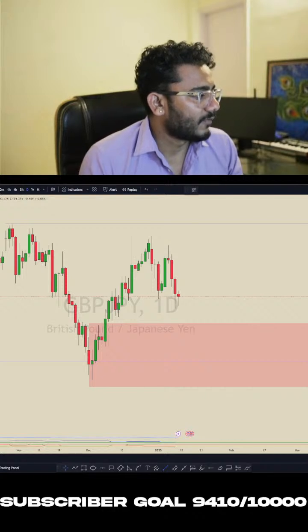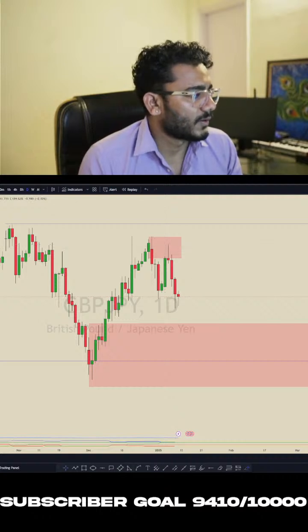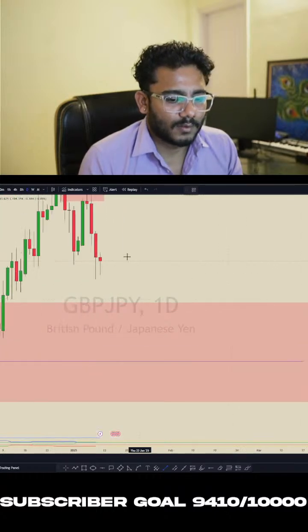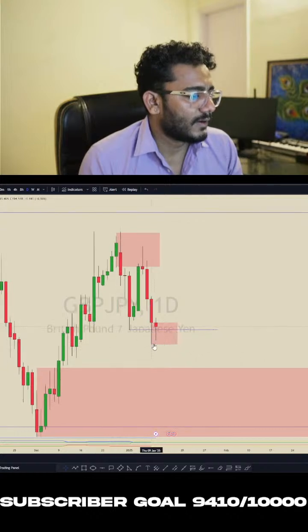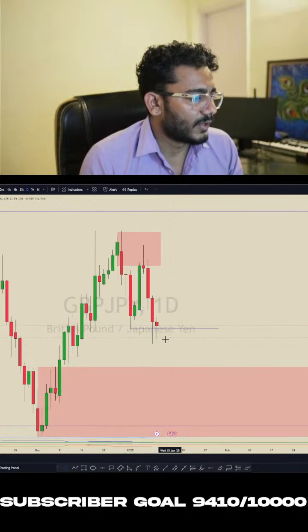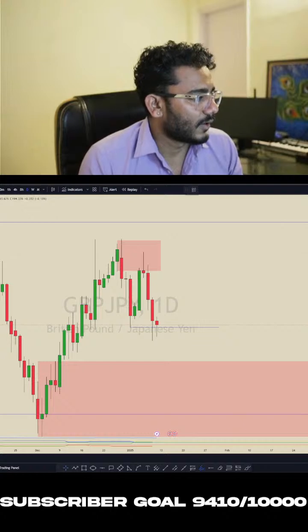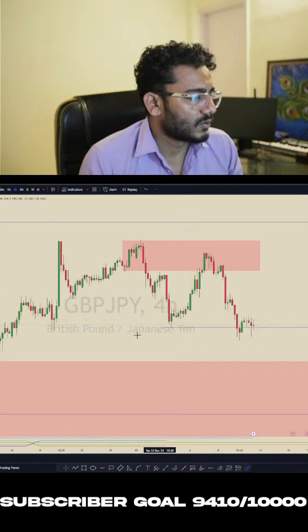price has reacted, like from daily time frame we can see price has reacted from this order block, so it's going to the downside. Okay, and on daily time frame we can see this week price is rejecting this area, which is this one, and we can say the second candle did not break this low. It failed to break this wick. So I think we could see a rejection from this area, and I think price can continue the upside on GJ. Okay, so let's go to lower time frame.